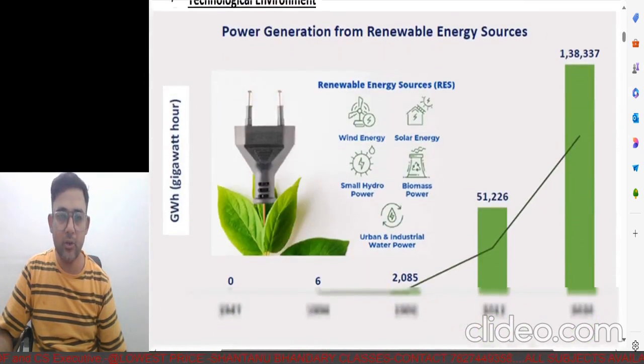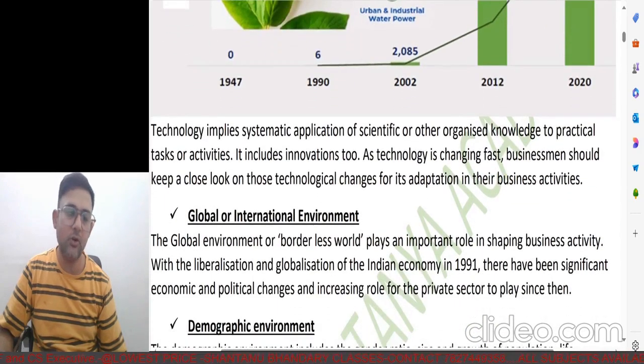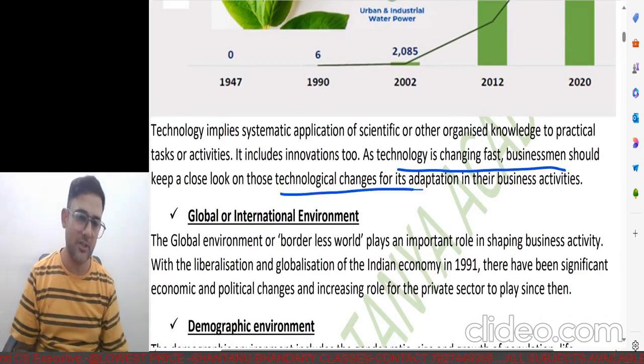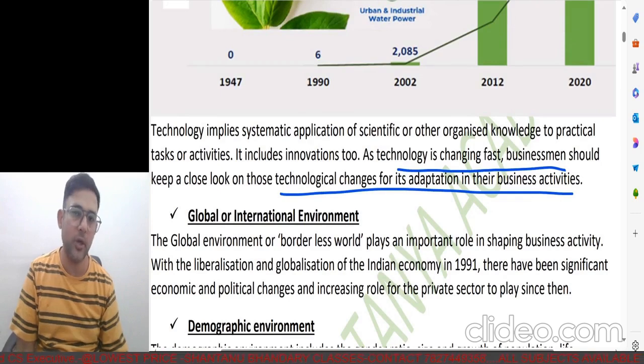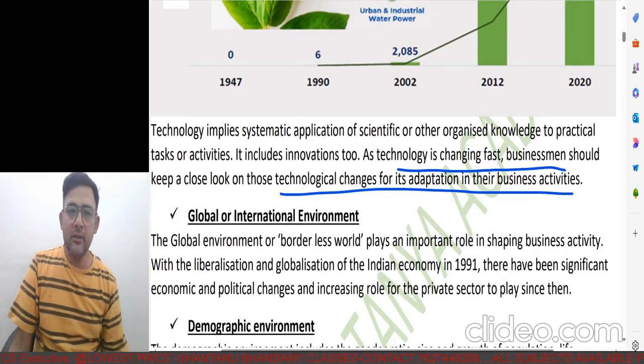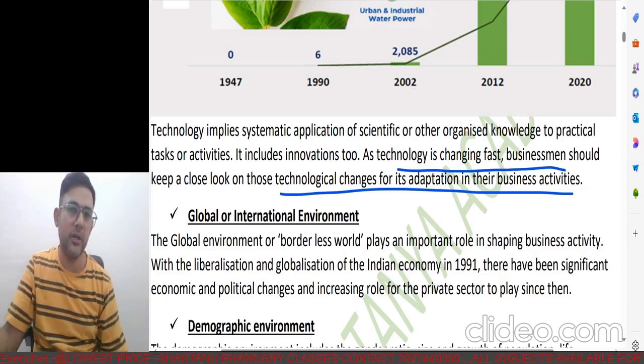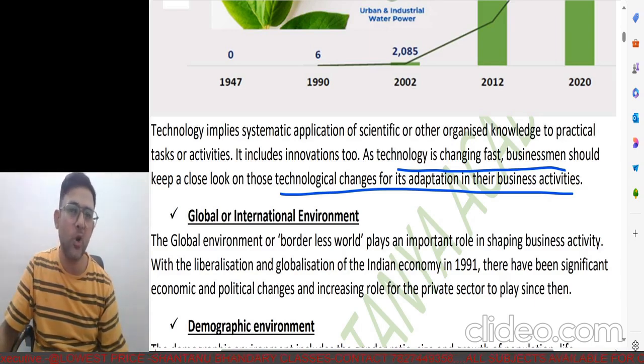Technological environment. Technology is something that keeps on changing, and obviously, if we change according to the technology, our business will grow, and if not, then obviously it will be otherwise. Now, if I give you one example, technology now, EV, electric vehicles. There's a buzzword these days. Almost all kinds of companies in the automobile sector, like on the four-wheeler side of things, have brought some EV or the other. I can't really commit as to how successful it is, because I don't have one.